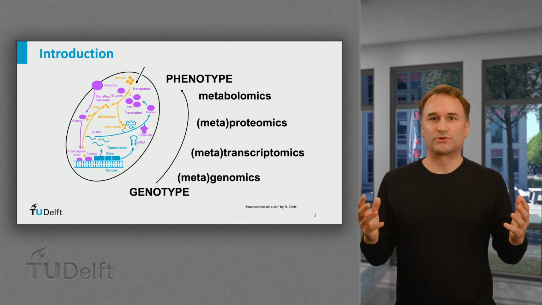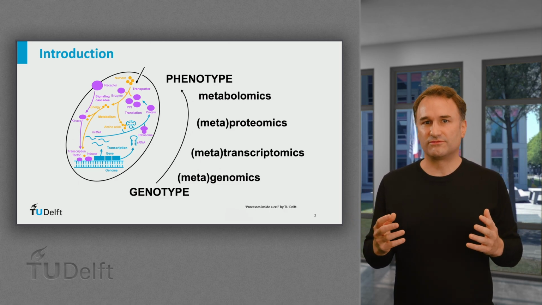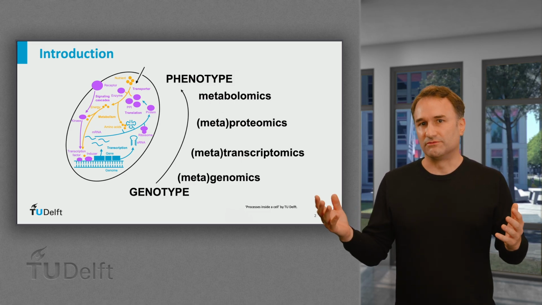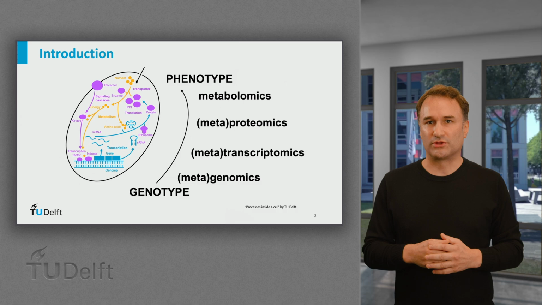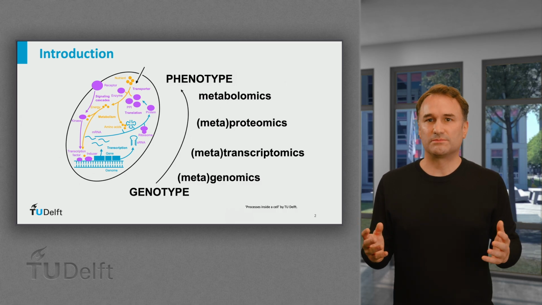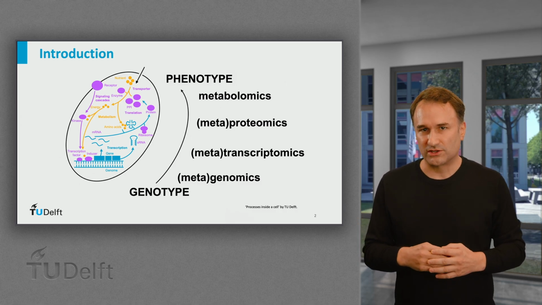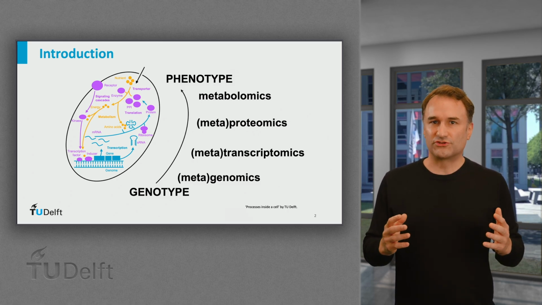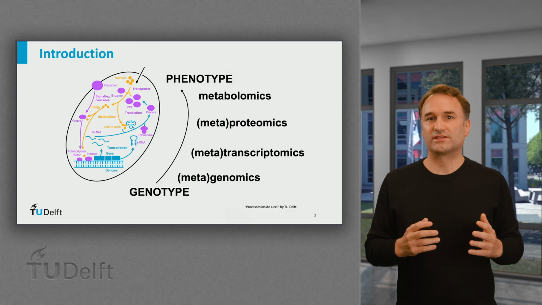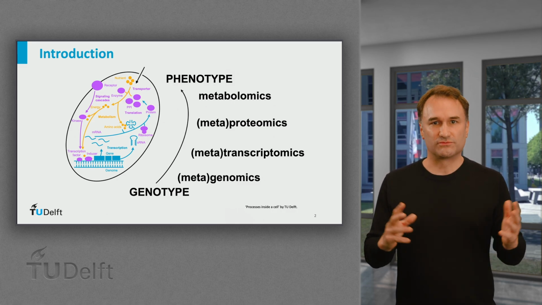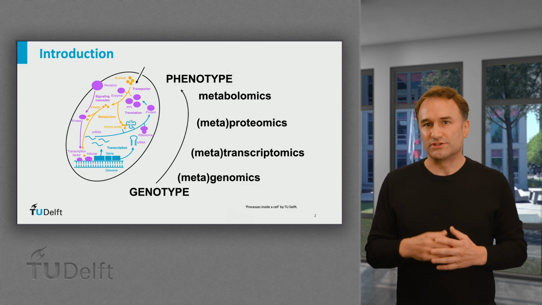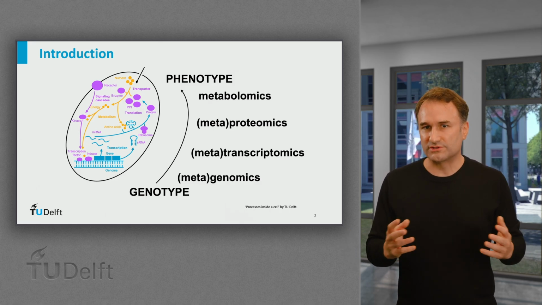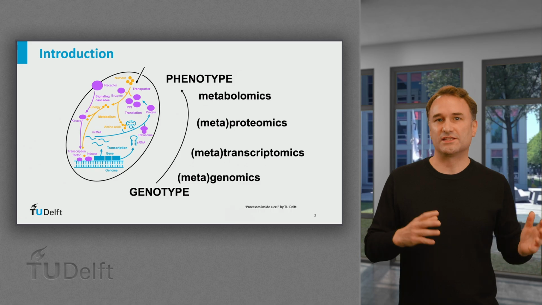The genome is the blueprint from which mRNA, proteins and finally metabolites are generated. And while studying the genome with genomics shows only the genetic potential, or the so-called genotype, studying the proteome and metabolome with proteomics and metabolomics reveals the phenotype, which tells us which processes are active and how the cells respond to their environments. And since this course focuses on environmental biotechnology, we will concentrate this module on proteomics and metabolomics